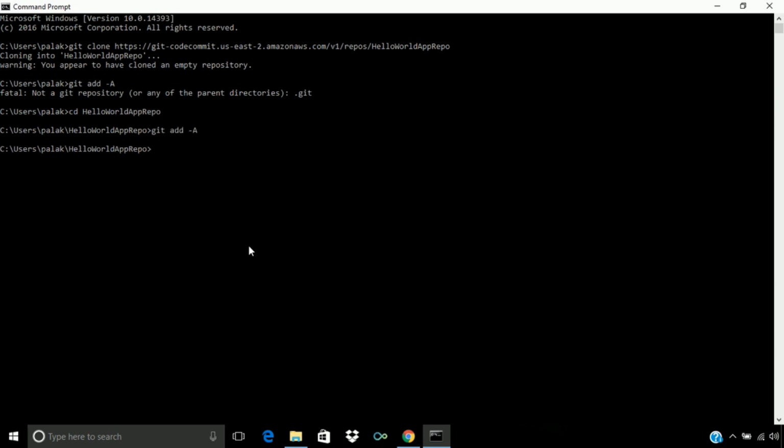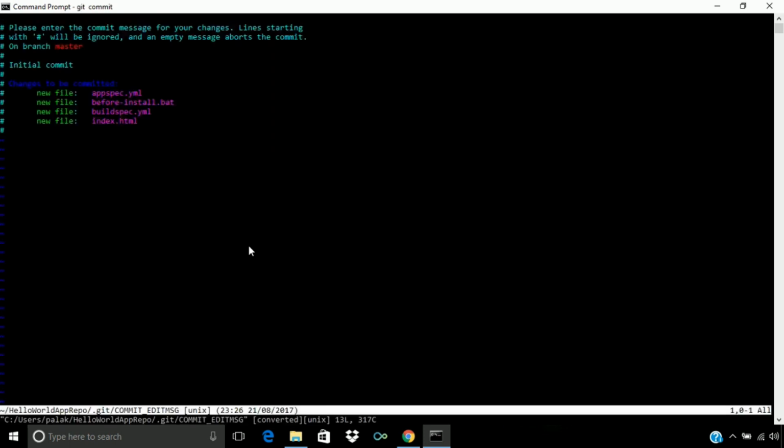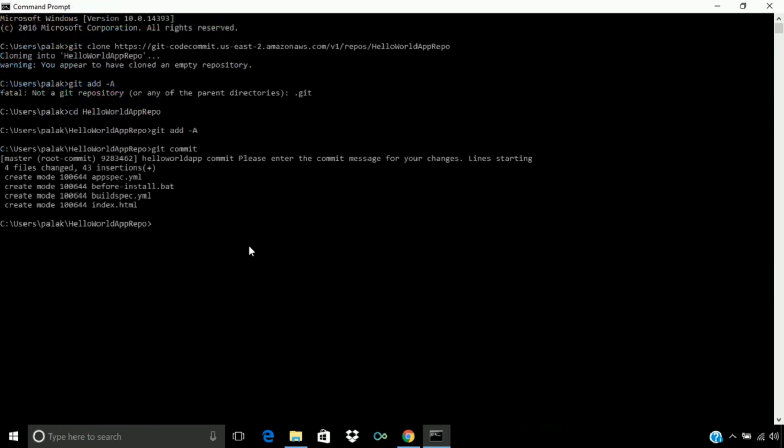It will add all the files in that repository, and after that let's commit the changes. All the files have been committed. So let's push these changes into our master branch.